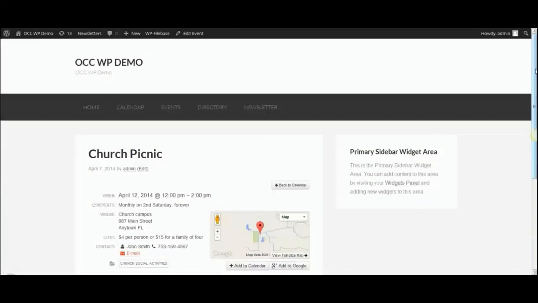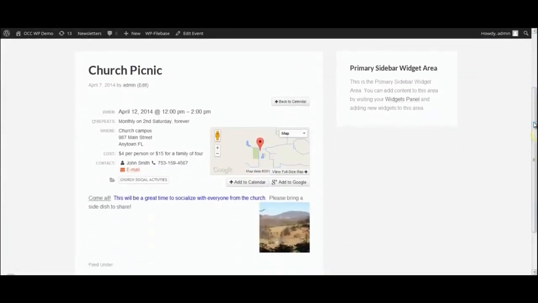So here's the preview of the event that was just created. It shows the date, the time. It shows how often it repeats and when, where it's located, how much the cost is, who to contact if you have any questions. Shows what the map is, and then it also shows the folder, the category of events,